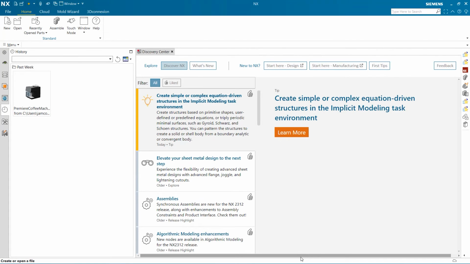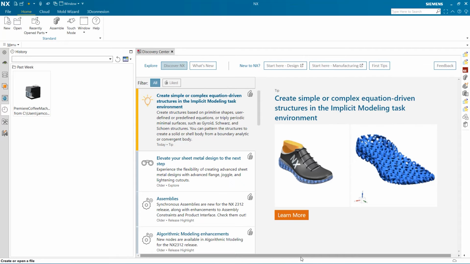I'm going to exit out and restart NX so our new customer defaults are applied. Once I've done this, we can now see the upper right hand corner has now changed. Instead of the exclamation mark, we now have a cloud symbol at the top. When hovering over this, we can see there is a new version available to download.